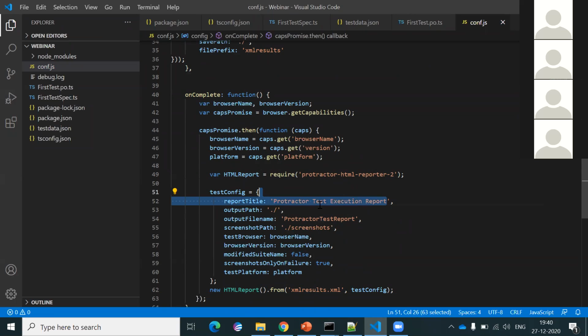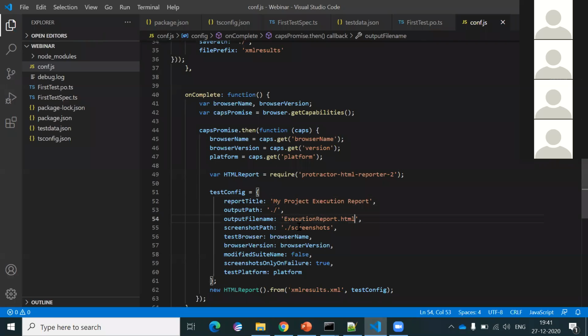This name, etc. you can modify. Whatever is your project name, you can say my project execution report. Your HTML file name, like this is the title, then this output file name is your file name .html. So you can say execution report.html,